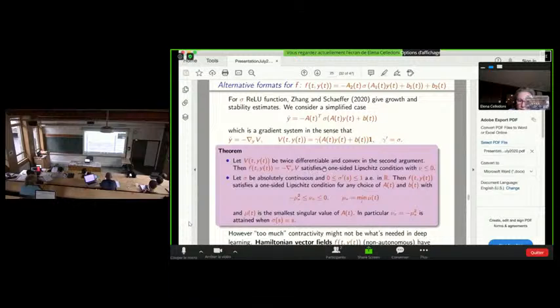And moreover, we can say that this nu is not too negative, because when nu is very negative, this can be too much contractivity. So we have a lower bound for the value of nu, which is given by the minimum over t of the smallest singular value of the matrix A of t of parameters.